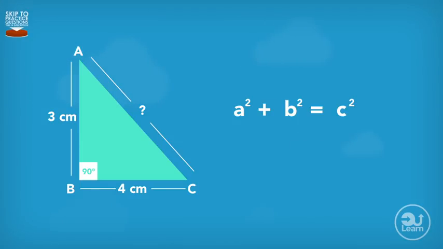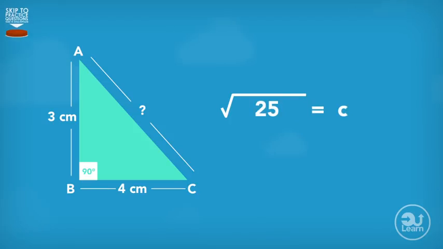Next is to rearrange the formula to make C the subject. To do that, we square root both sides. This will leave the formula looking like this. Next, we plug in the values into the formula. We now have the square root of 3 squared plus 4 squared, which is equal to an unknown value of C. Next, we simplify the values inside the square root symbol, giving us the square root of 9 plus 16,